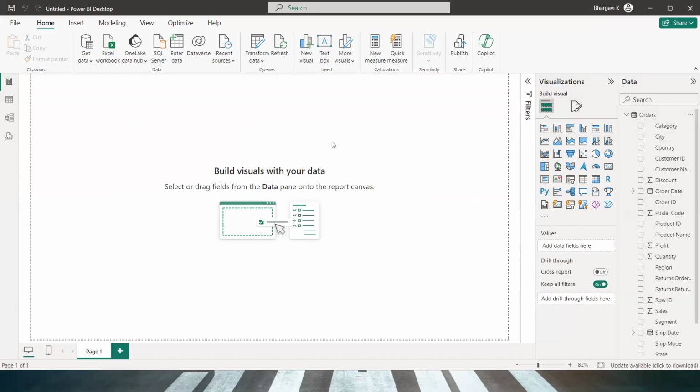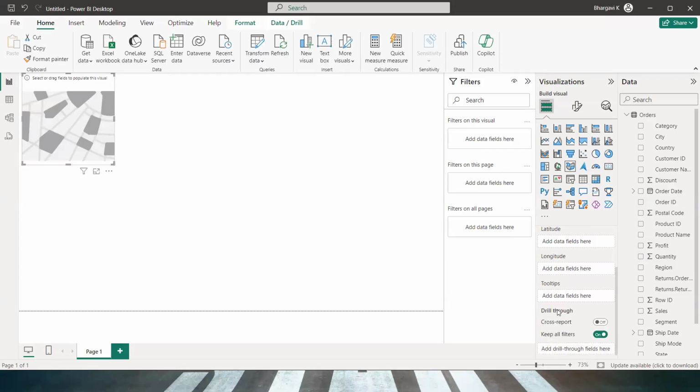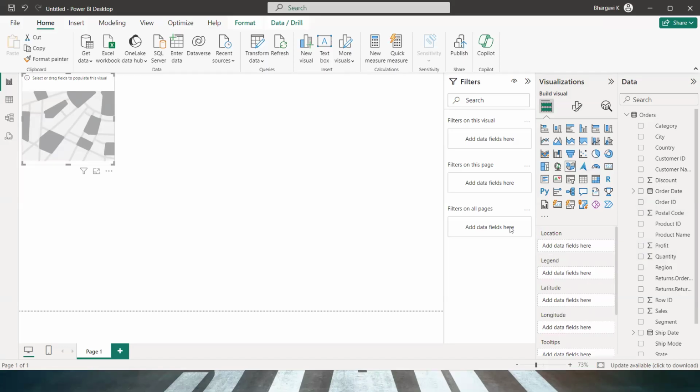We can build different visualizations by dragging and dropping the fields again. Let's say here also, I'm interested in creating a map. So you have to choose the visualization, and then you will feed the data over here. There we had columns and rows and filters, right? Here we have it here. You have to drop it here, and then you have filters as a pane over here. Same thing, but just the look and feel is different.